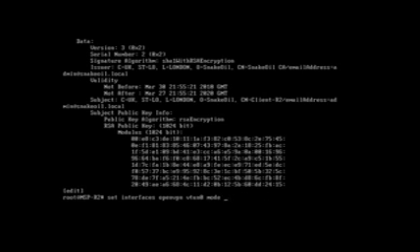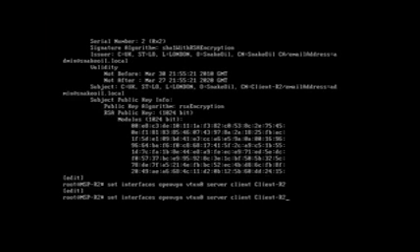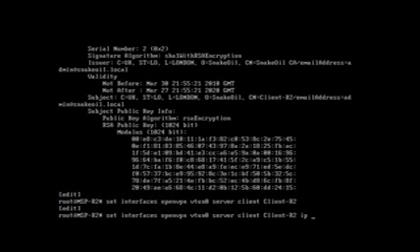What am I missing? I think that should be client. Let me get this the right way round. Server client. And then I set the name, so client R2. Let's set the IP address. I'm going to set this to